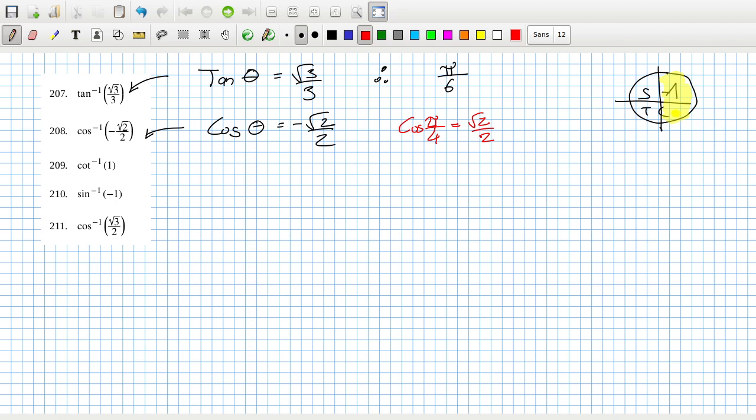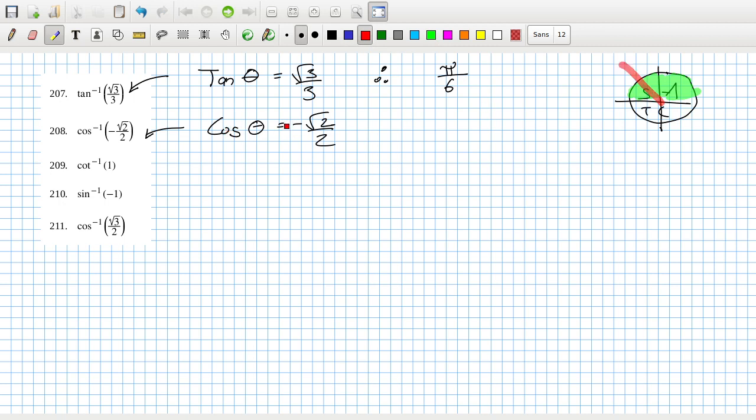But, wait, that's not right. I'm so sorry. That's wrong. The range of cos inverse is not those two quadrants. Sorry, that's sine and tan. The range of arc cos are these two quadrants,